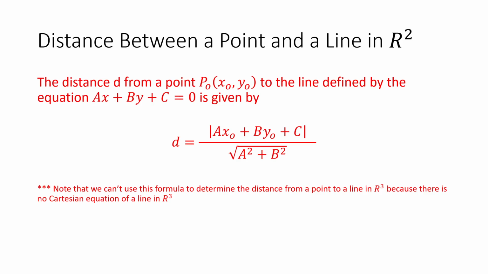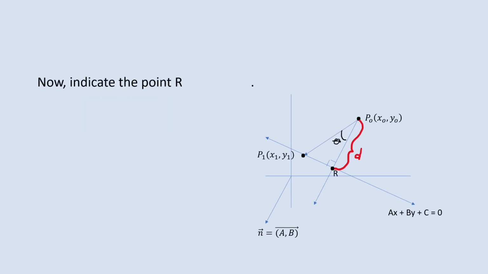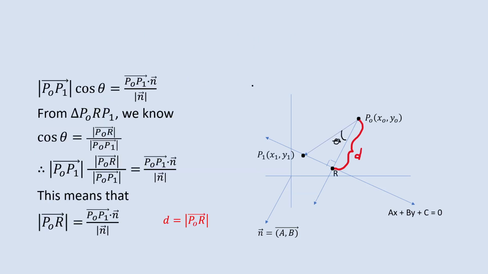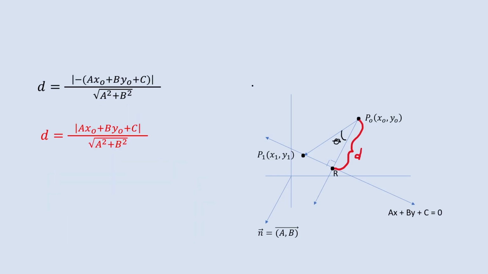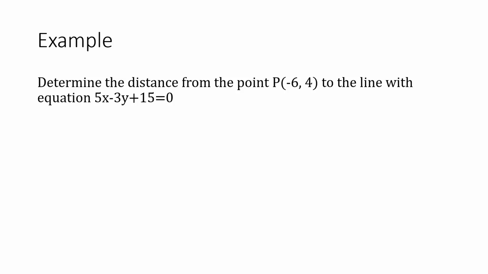Now note that we can't use that formula to determine the distance from a point to a line in R3 because there's no Cartesian equation of a line in R3. This formula only works for distance from a point to a line in R2. Now, what we see here is the proof of this formula, and it's developed if you're interested in a separate video. But let's just do a few